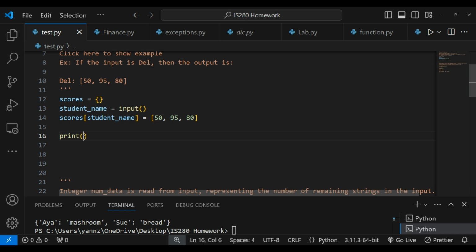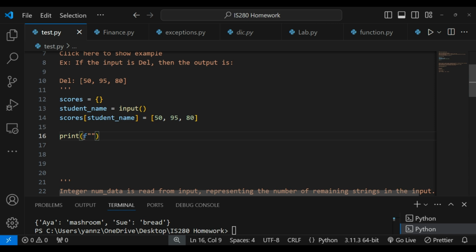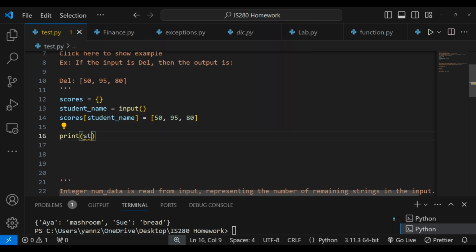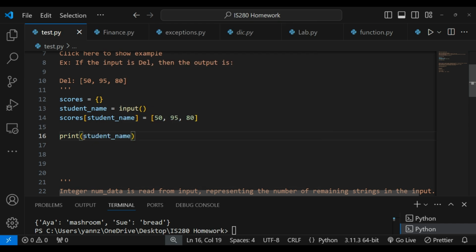I thought I could have print without it. I shouldn't need it, it's just a student name. Print student name. Okay, I see now. Printf student name